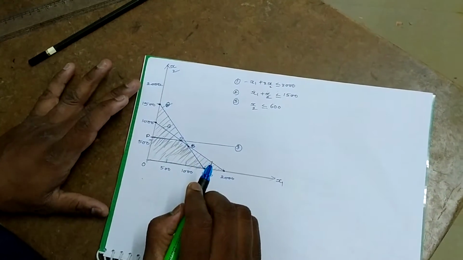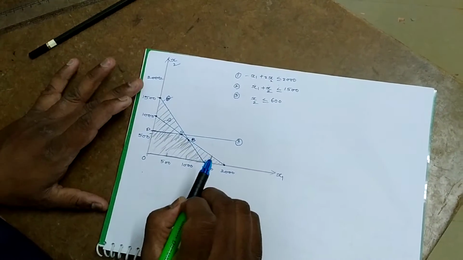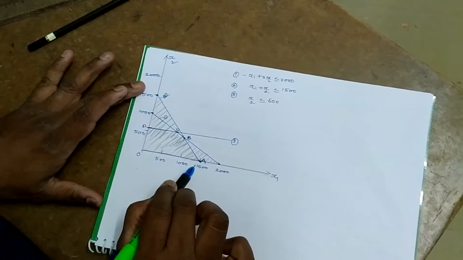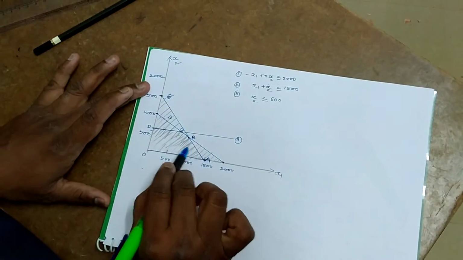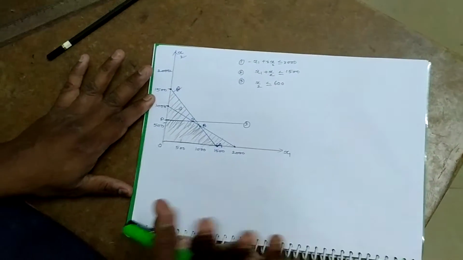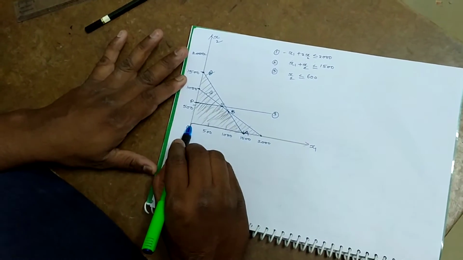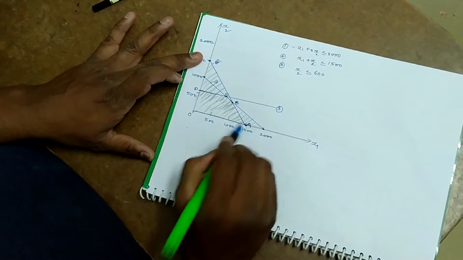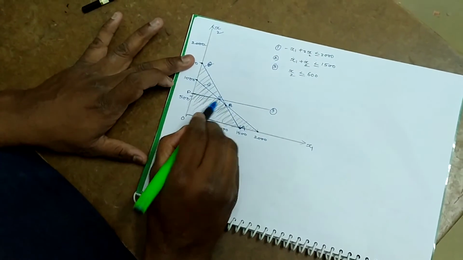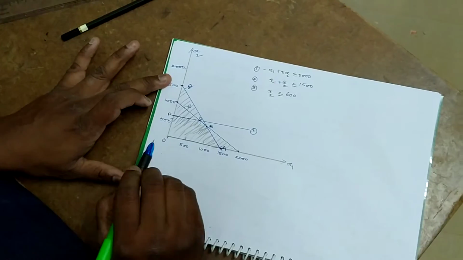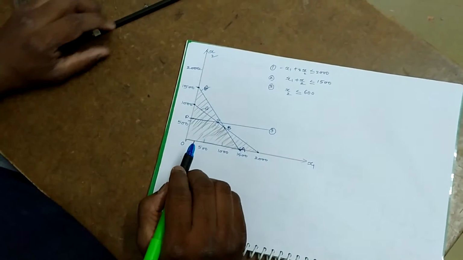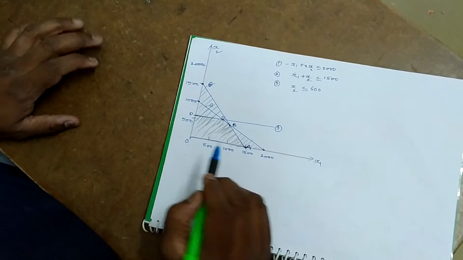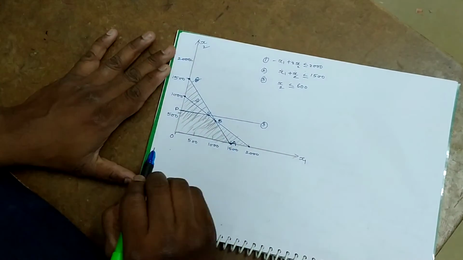So we need to find the appropriate values of decision variables for the optimization problem. Always remember, the optimal decision variables will be at the corner points only in a linear programming problem. O is one corner point, A is a corner point, B is a corner point, C is a corner point, and D is a corner point. You may have a doubt, and in yesterday's class also somebody asked, sir, what is a corner point? A corner point is an extreme point, an intersecting point.